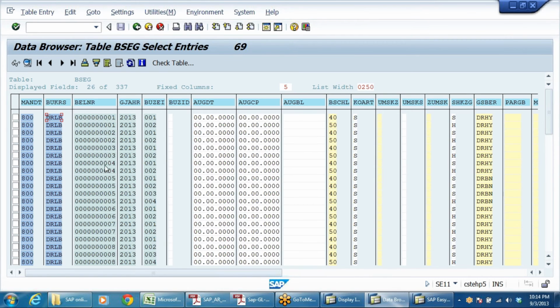DRLB, BELNR means document number. This is debit and credit, two line items. So this is 888. And here you can see the year. All these technical names are written on the top. MANDT, right? So 800 is the client number.